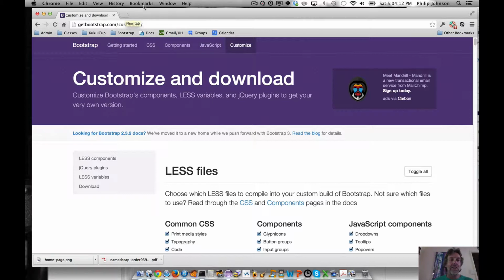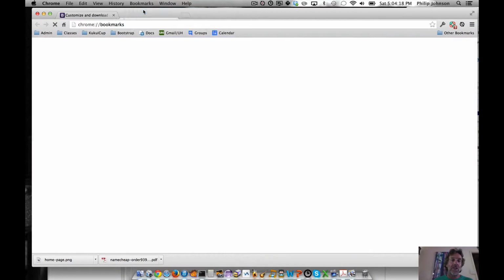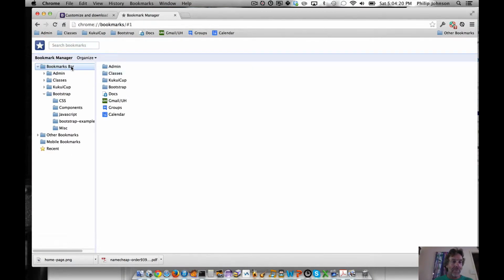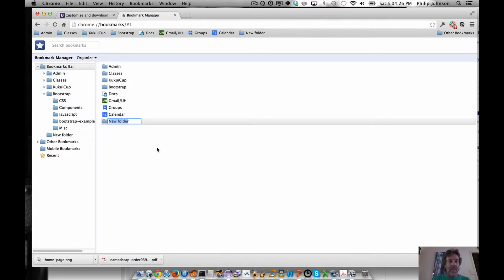Okay, so how are we going to do this? I'm going to show you how you might set up something like this in the Chrome browser, and you do that by going to the bookmark manager, and then in the bookmarks bar you click on organize. I'm going to add a folder. I'll call this Bootstrap 2, because I've already got mine, but I'm going to show you how I'd start setting up a new one. So now I've got this Bootstrap 2, and you can see that it actually immediately appears here. So then I'll click on that,